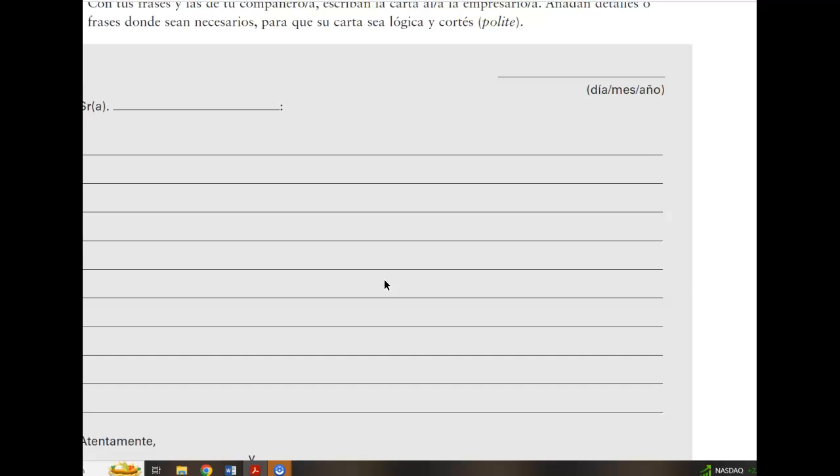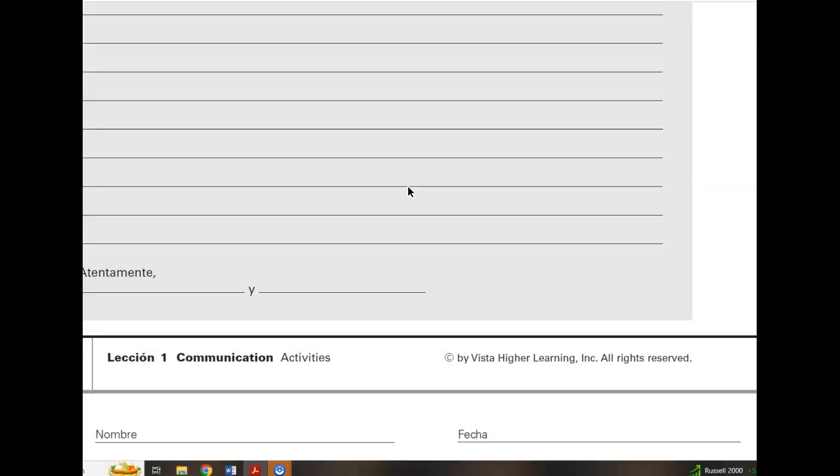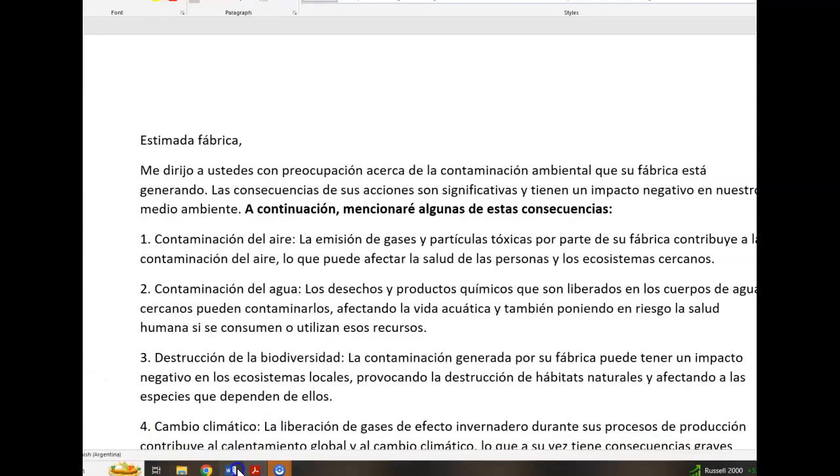Come prepared to class with something to work with. That way we can dissect it and unpack it and work on it together so that you can really feel good about your final draft. And the final draft is what I'm going to have you guys put here on the paper. So we're going to do a rough draft first. And before we do that, let's take a look at an example. So for the example,